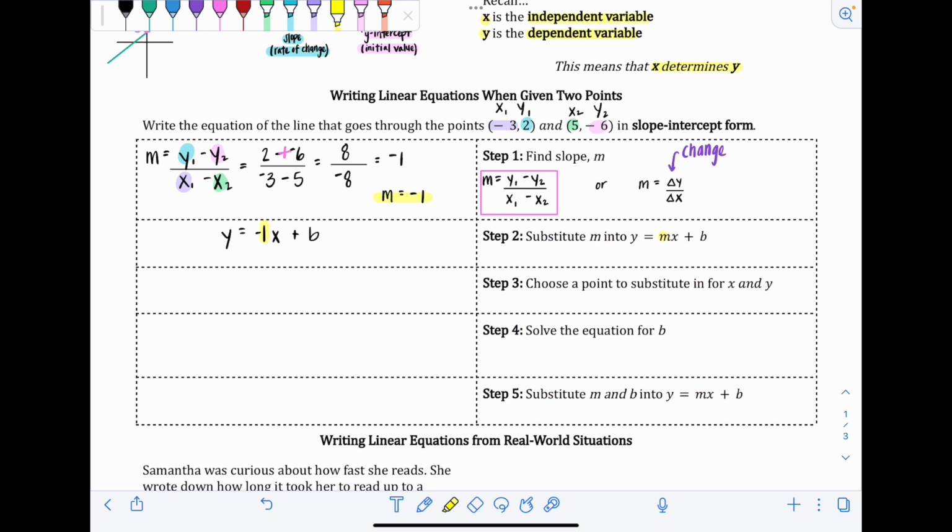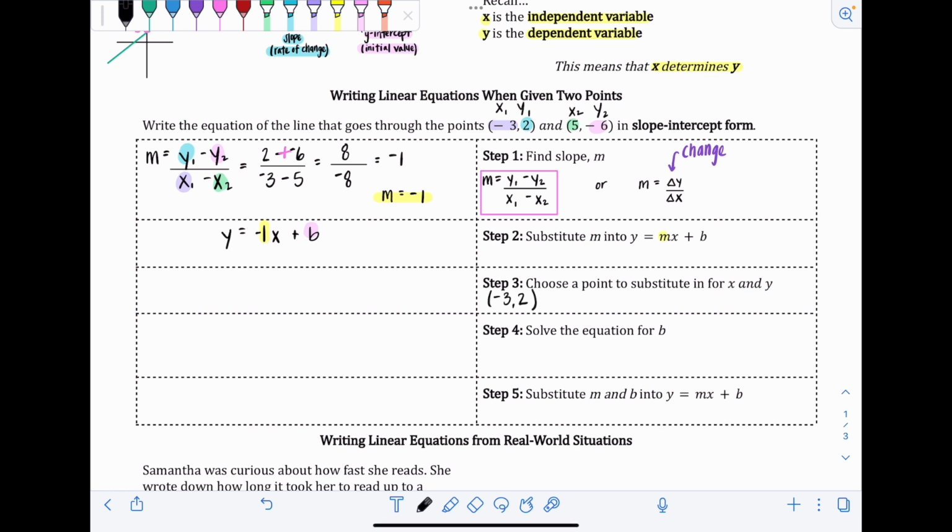Okay, so step 3 says choose a point to substitute in for x and y. So the purpose of step 3 is that eventually we need to find what b is. So we found m and we need to find b, and those are the two things that we need to be able to write this equation. So in order to find b, we have to make sure that b is the only unknown. So then we need to put something in for x and y. So you get to pick one out of the 2 points that you're originally given to use. So I'm going to use -3,